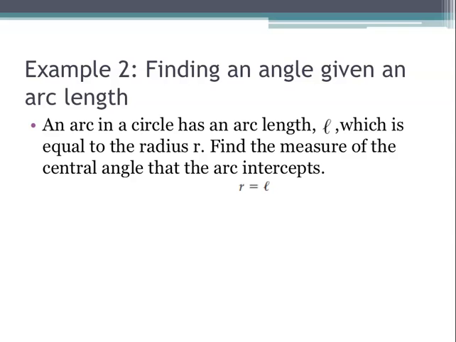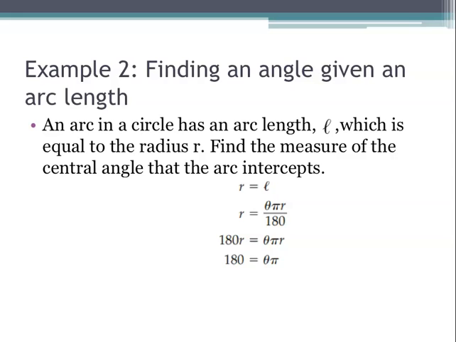Okay, now what did we just say that the arc length is equal to? We just said the arc length equals theta pi r over 180. All right, we just wrote that down before this. Okay, let's get rid of that denominator, so I'll multiply both sides by 180. Now look, we have an r on both sides, so I'm going to go ahead and cancel that from both sides, which leaves us with